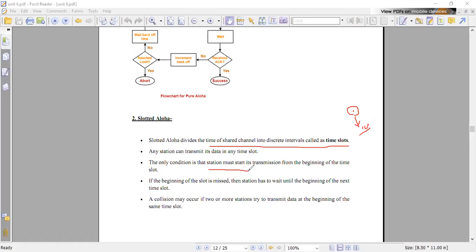If the beginning of the slot is missed, then the station has to wait until the beginning of the next time slot. Now it has to wait until the second time slot begins. If he couldn't start transmitting data in a given time slot,